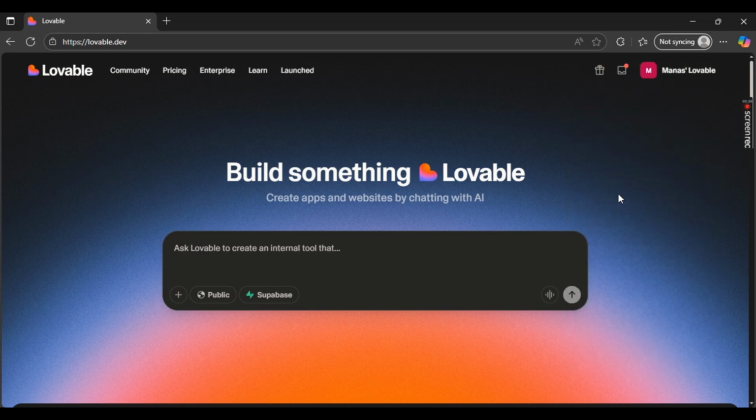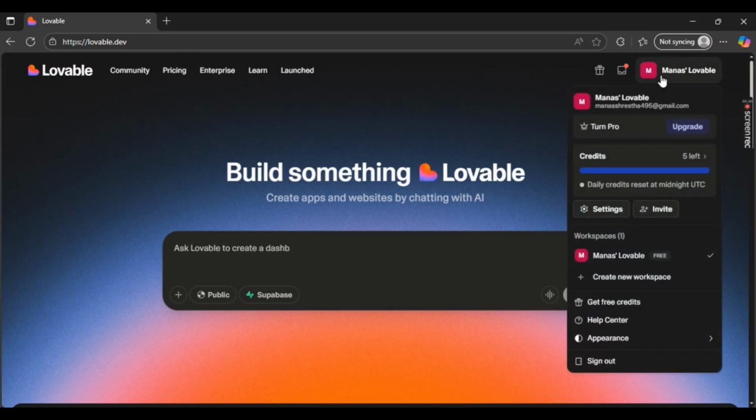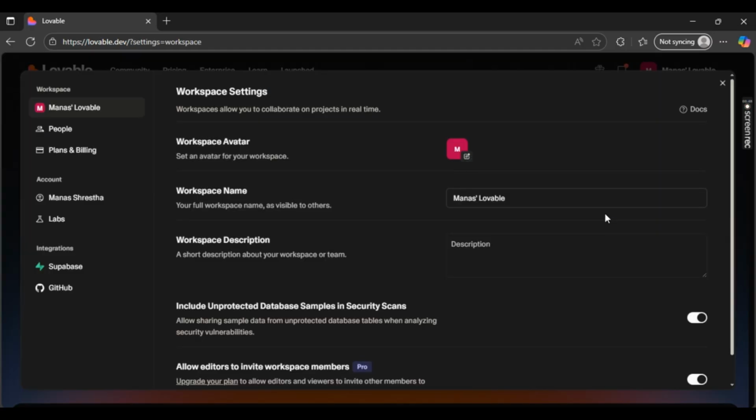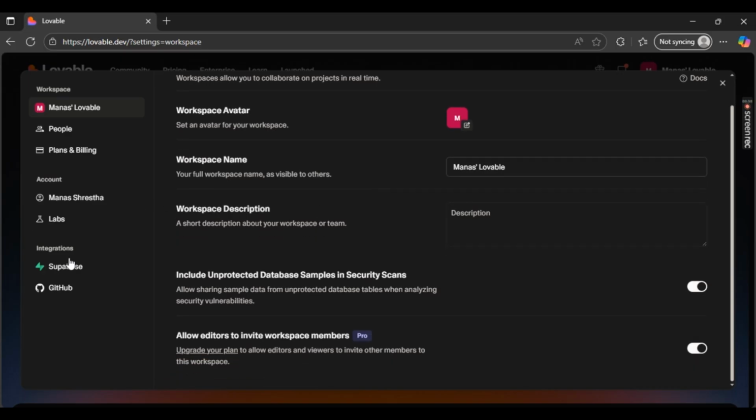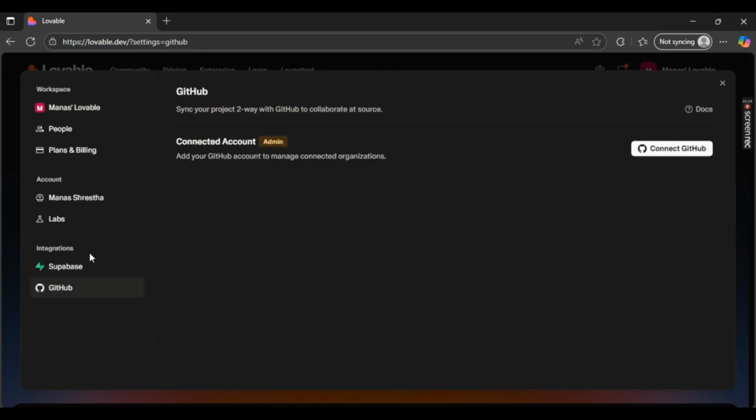Once you have done that, on the top right side, once you have clicked it, you should be seeing settings on the bottom right below credits. Just simply select it. Once you select settings, you should be seeing various options. Here you should be seeing integrations, and you can see two options, Supabase and GitHub. Since we are just connecting to GitHub, simply select GitHub right here, and you should be seeing add